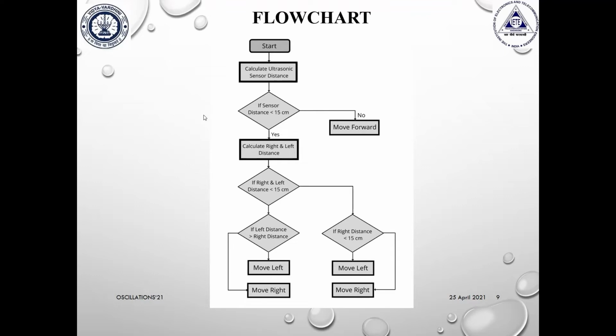However, there is also an extreme worst case scenario where the distance between the left and the right obstacle can be the same. So in this case, the car will simply move back for 10 milliseconds, and then once this is done, it will again calculate the right and the left distance measurements, and then it will do the necessary part and keep moving. This decision making keeps on functioning repeatedly as long as the car is turned on.